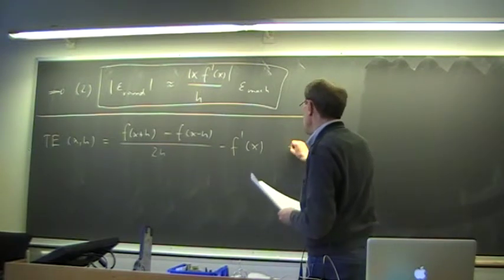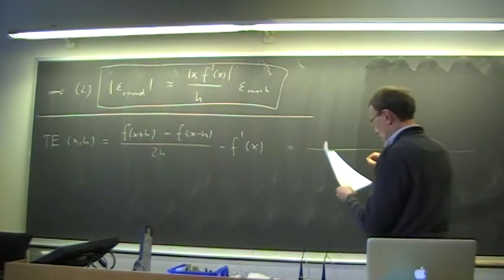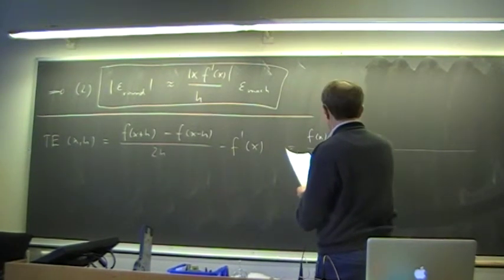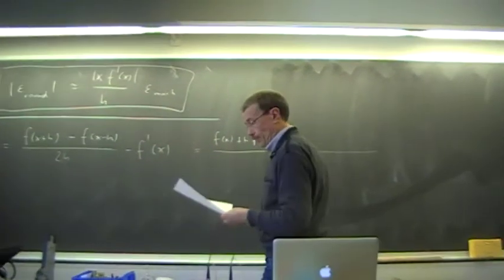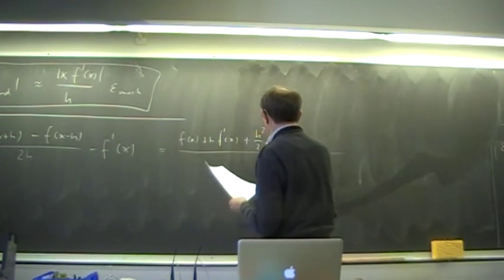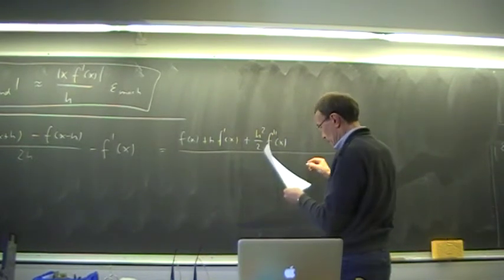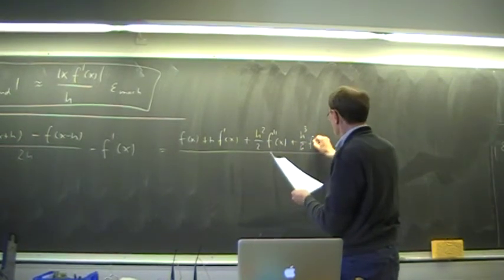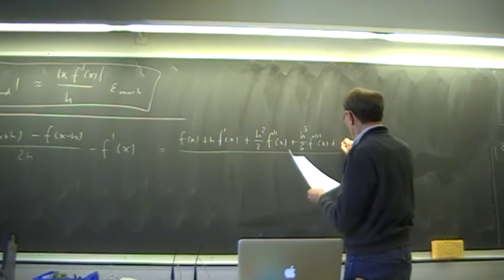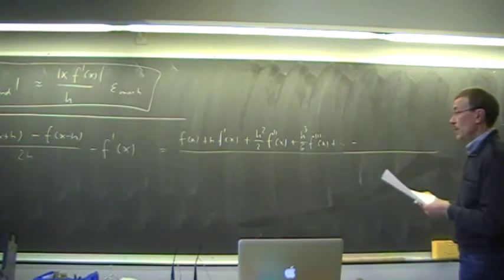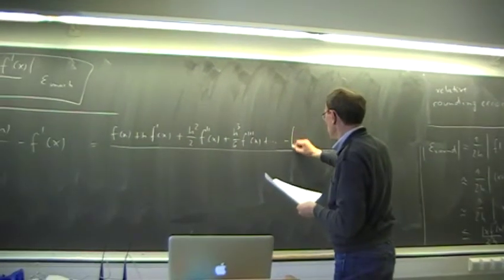So, let's see. We have f of x plus h f prime of x plus h squared half, second derivative of f with respect to x plus h to the power of 3 divided by 6, third derivative plus higher order terms, and the same thing for f of x minus h, and then we have